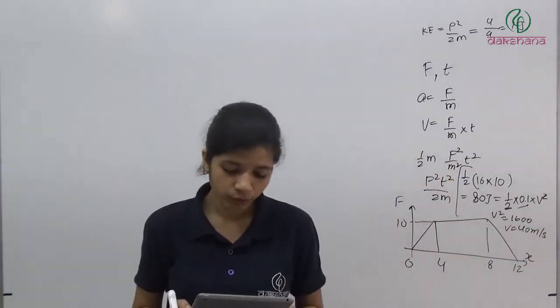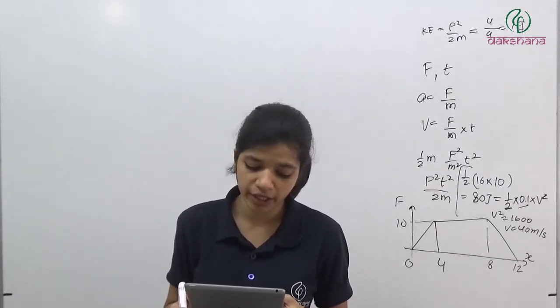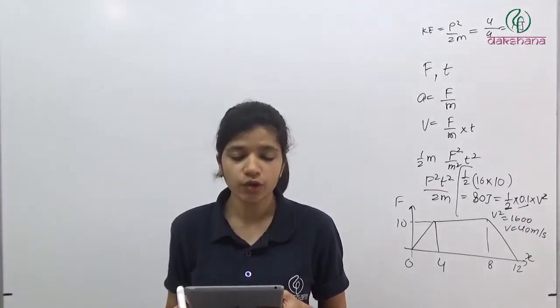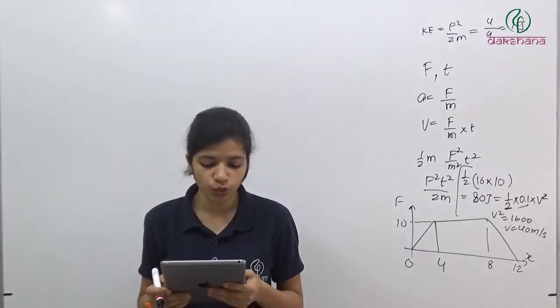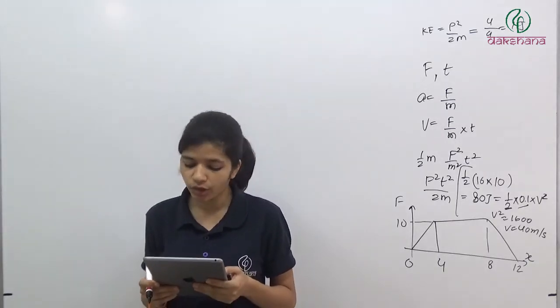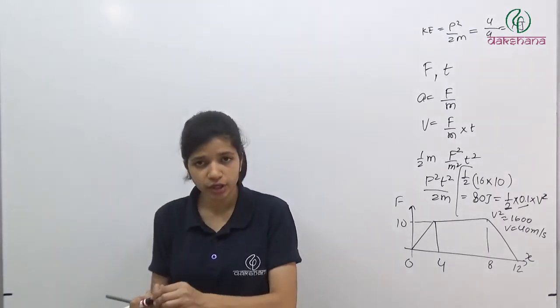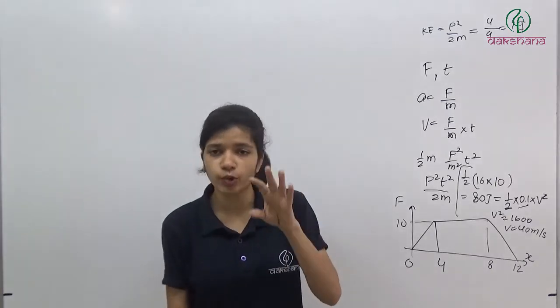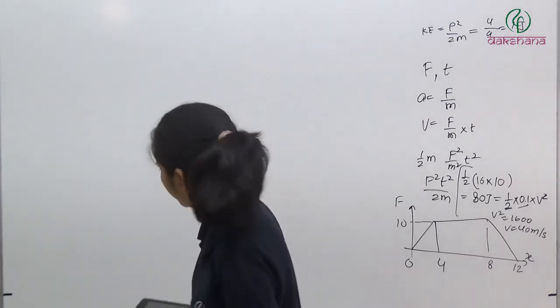Option 4. Question number C4. A heavy stone is thrown from a cliff of height h with a speed v. The stone will hit the ground with maximum speed if it is thrown vertically downward, vertically upward, horizontally, or the speed does not depend on the initial direction. So yeah, if you are throwing from the height h with some velocity v, in whatever direction you throw, what will be the equation?